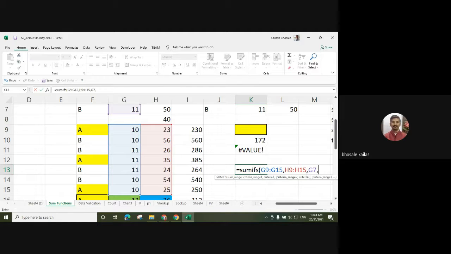What is the criteria range? Suppose that is optional.